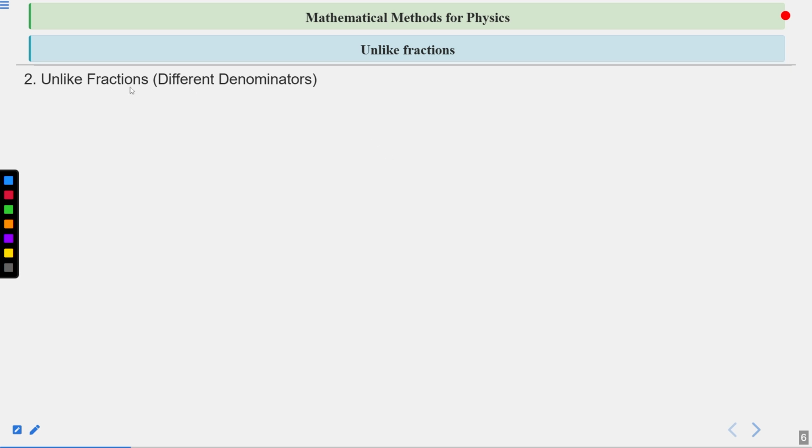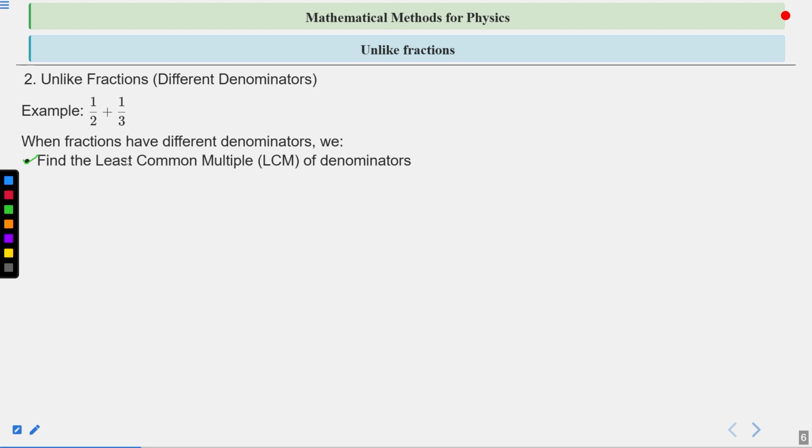Unlike fractions, different denominators. Suppose we have two numbers, 1 by 2 and 1 by 3. Look here, their denominators are different. How can we add them? When fractions have different denominators,